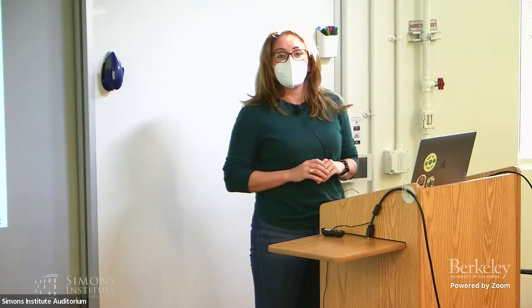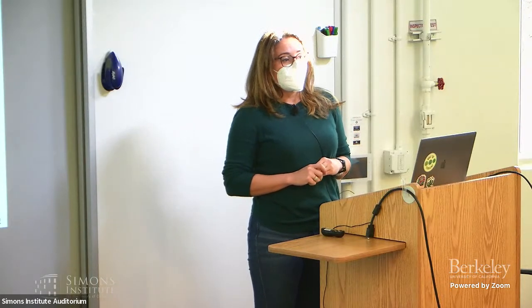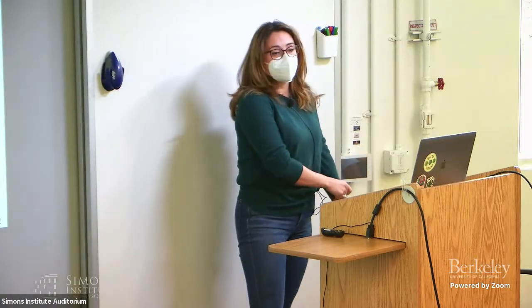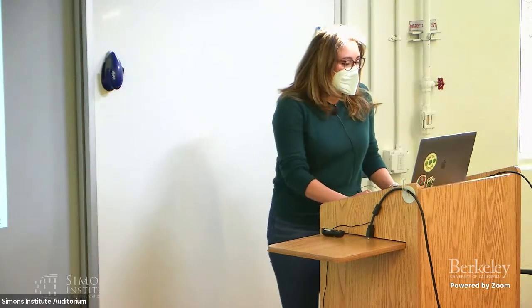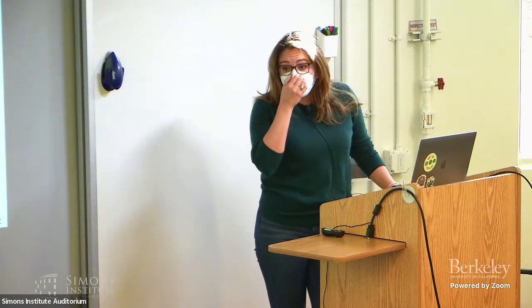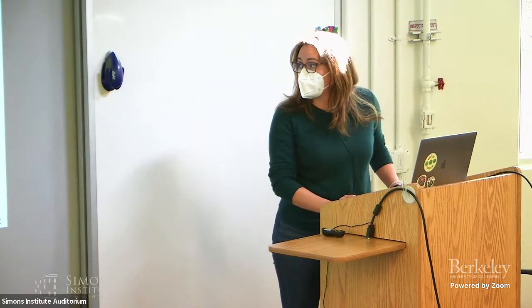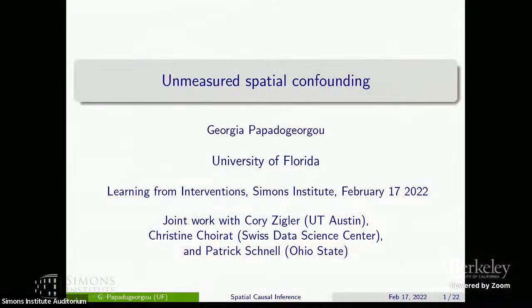All the random variables that I will be talking about today have some spatial structure, in the sense that observations that are nearby in space have more similar values than observations that are further away in space. Now, that can be problematic in some settings, but in the settings that I will talk about today, they can be useful in relaxing the no-unmeasured-confounding assumption, I believe. This is work that spans 2 papers with Corey Ziegler, Christine Chouara, and Patrick Schnau.